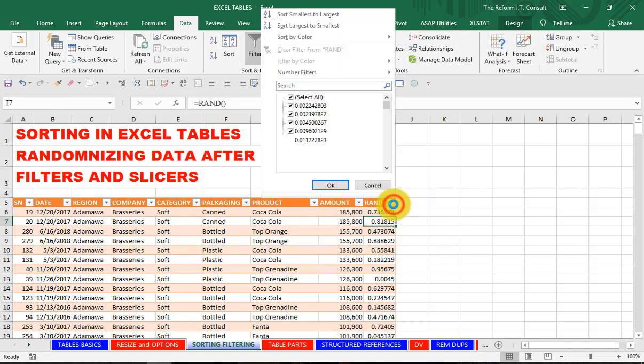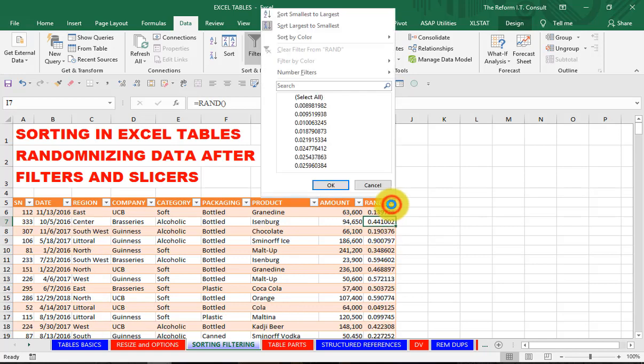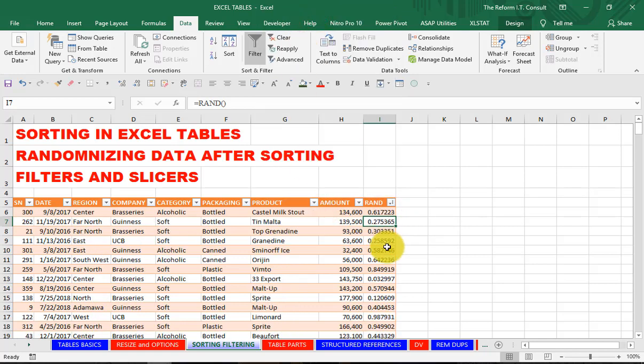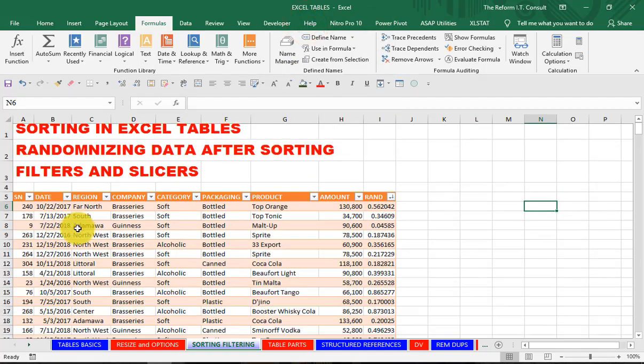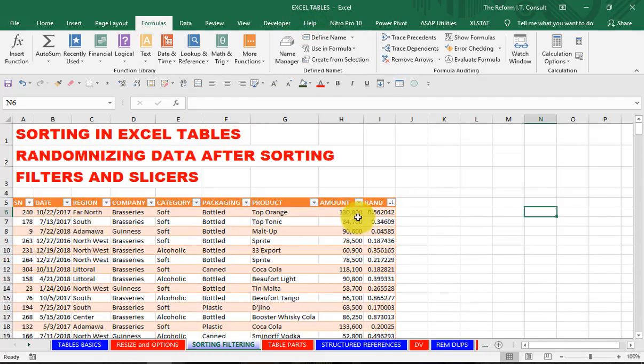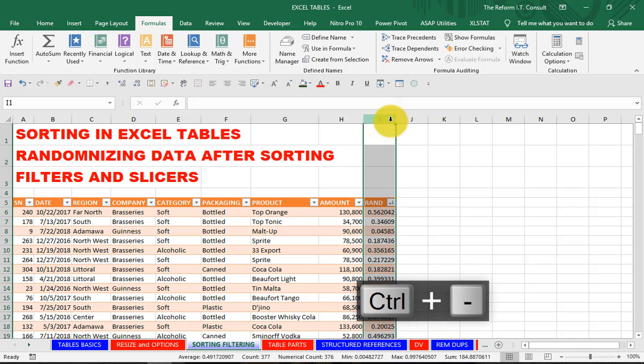Now you can sort this column. This will completely randomize your data, because each time you perform an action, or as I press the recalculate button here, F9, new numbers will be generated. When you recalculate, just double click enter, new numbers are generated, double click, new numbers are generated. So you can resort to completely randomize the data in a way that you want. I get rid of this column.